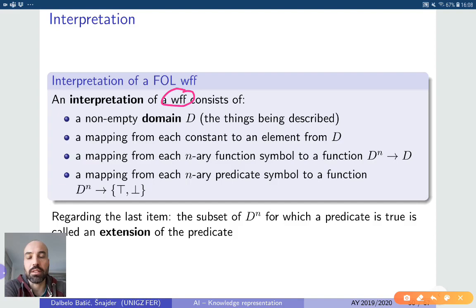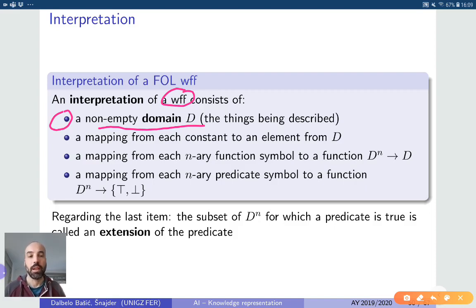Otherwise, if the syntax is not right, it doesn't make sense to talk about semantics, same as with propositional logic. So an interpretation of a well-formed formula will consist of, first, a non-empty domain, D. Now, the domain is actually the things we are talking about. If we are talking about students and lectures, then students and lectures are going to be objects of